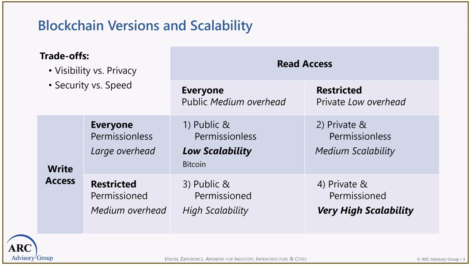So to sum up, the cryptocurrency versions of blockchain, like Bitcoin, will use public and permissionless versions that typically have scalability problems, Bitcoin being the primary example. The ones applied to the industrial sectors, every one of the 35 consortiums that I looked at, use a private and permissioned version of blockchain to achieve a higher performance and scalability.